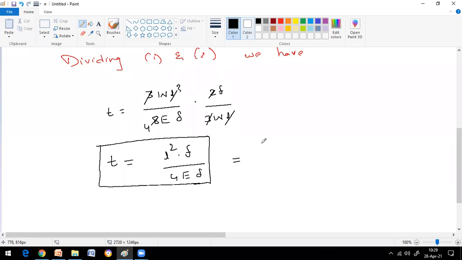Substitute all the values here. What is the span of the spring? 750 into, what is F, the bending stress given? FB, 400 by 4 into, what is the Young's modulus given? 2 into 10 power